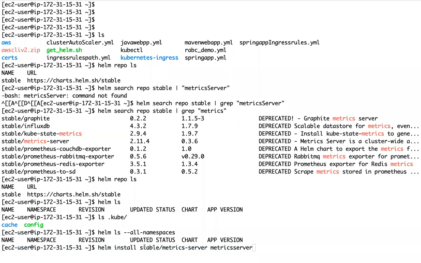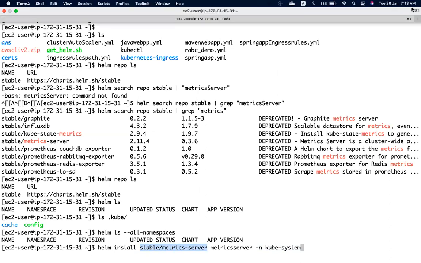If I give it like this, under which namespace will it install? In the default namespace. Now I can mention -n kube-system. So now in which namespace will this application be installed? In the kube-system namespace.